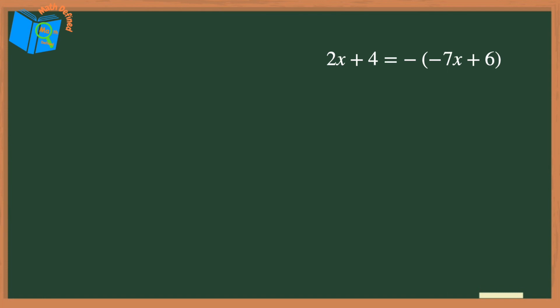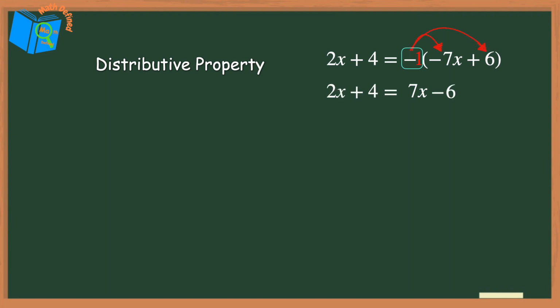Well, let's find out. First, we need to distribute this negative, which is really a -1, to each term in the parentheses. -1 times -7x is positive 7x, and -1 times positive 6 is -6, and I'll bring down the 2x plus 4. Next, we need to combine like terms, so I'll start by subtracting 2x on both sides of